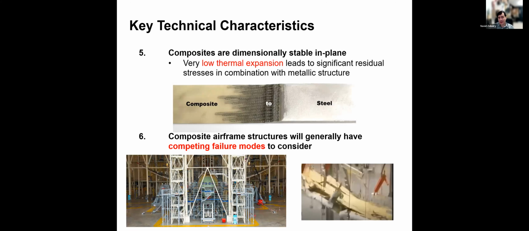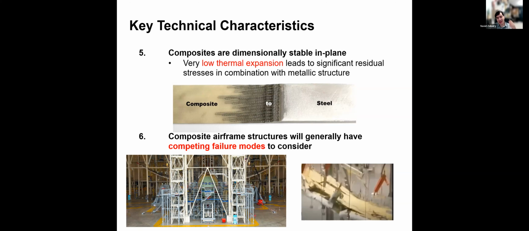Number 5, composites are dimensionally stable in plane, which means that if you increase the temperature, given that you have fibers in plane, and typically fibers are placed in different directions, fibers have almost a coefficient of thermal expansion of 0. So when you increase the temperature, the laminate doesn't deform in direction 1 and 2. It would deform through thickness when there is no fiber in that direction. But in plane is quite